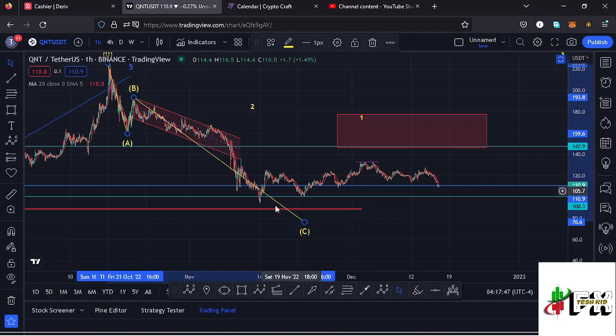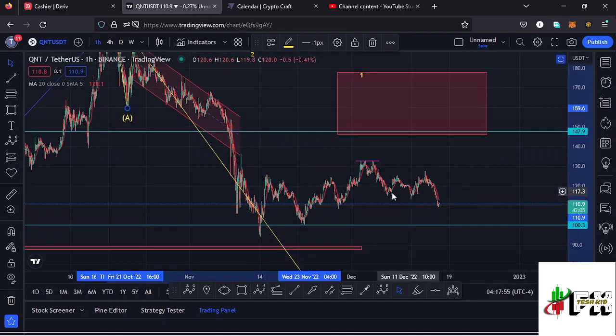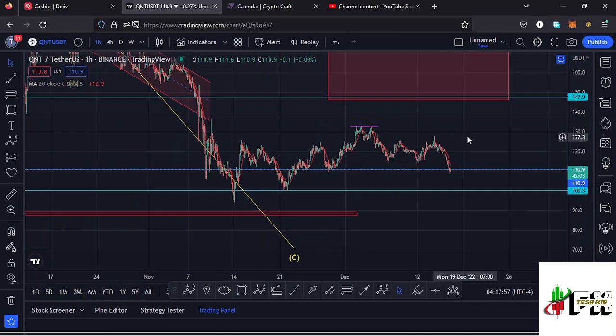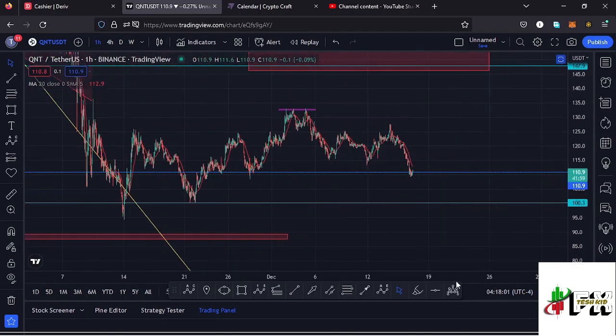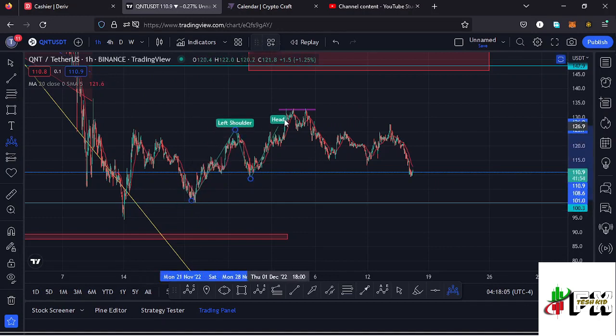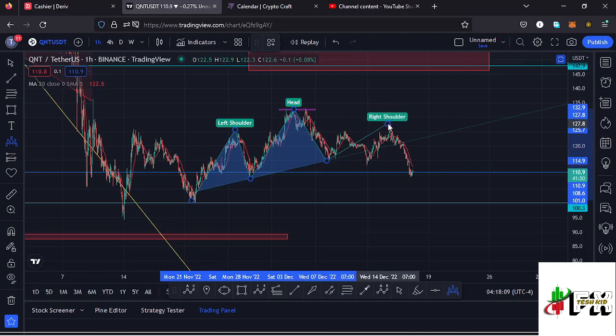In case we see another straight sell-off over here, there are chances of making a new low in the formation of this wave C. And we also have a chart pattern that is supporting a new low might be in formation over here, which is a head and shoulders pattern. And if I draw it out, we can have these as the left shoulder of that head and shoulders pattern. Then we have seen the head, then the neckline. We have also seen the right shoulder formation right here, and we are yet to see a breakout to the